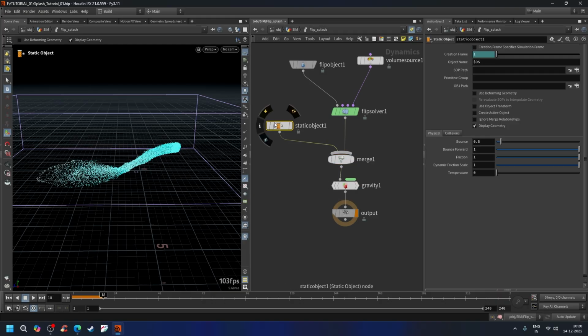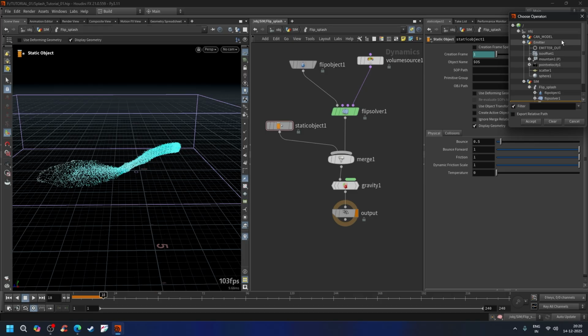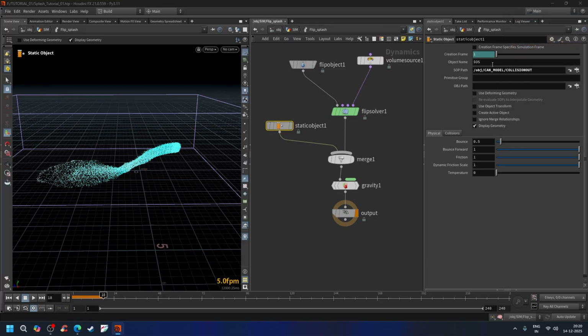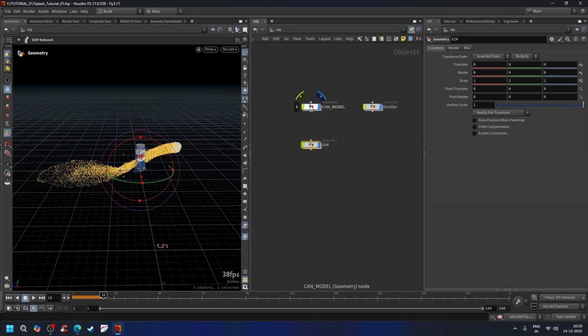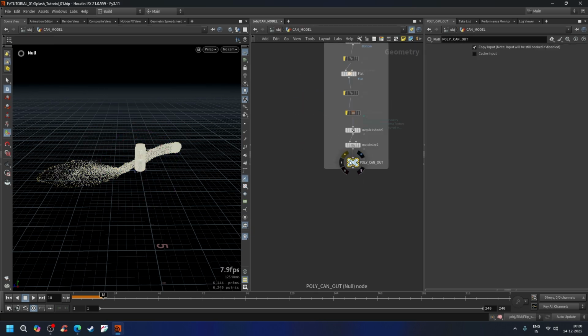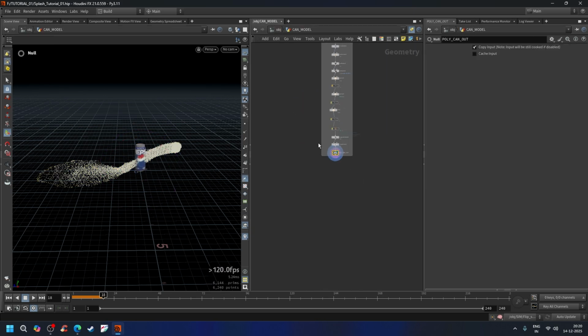Now in the static object choose the subpath. In the subpath I will choose from our can model collision out. This is VDB. You can see here again in the can model. This is our polycan model, but